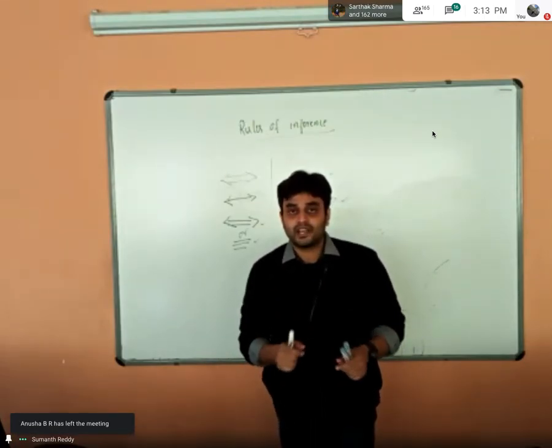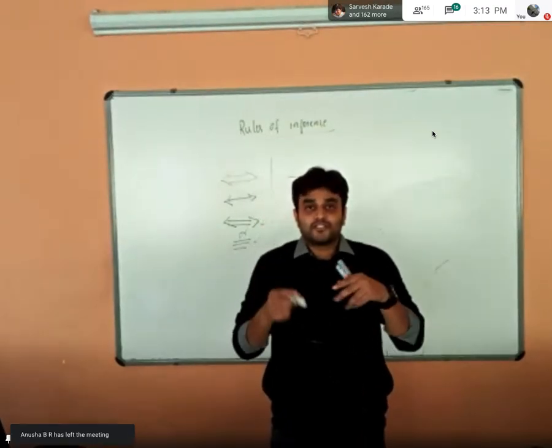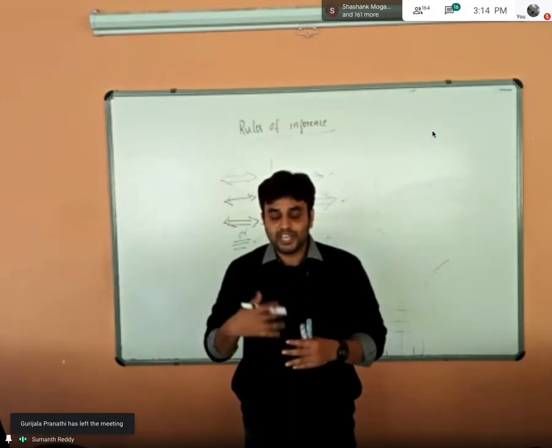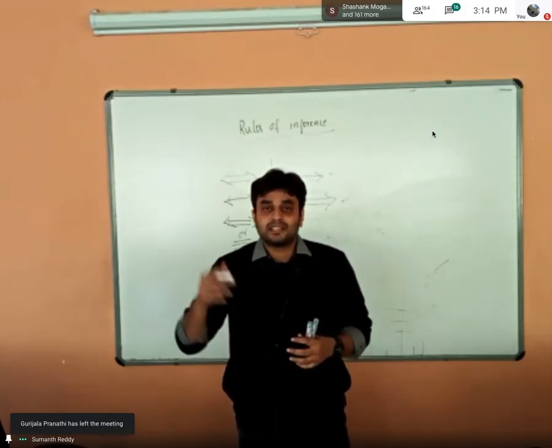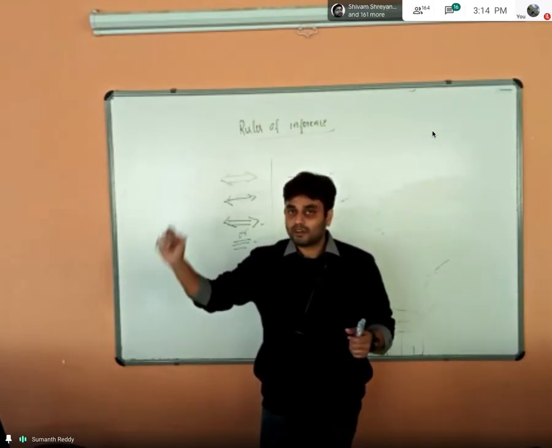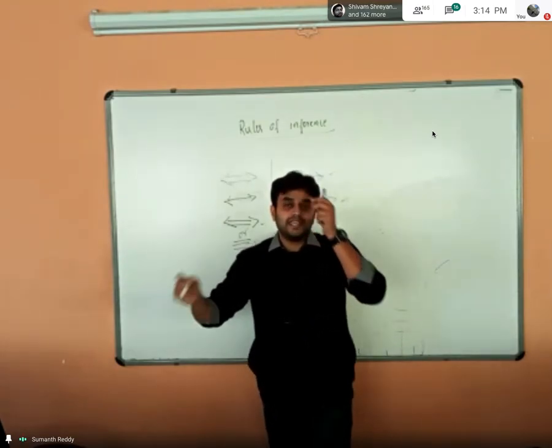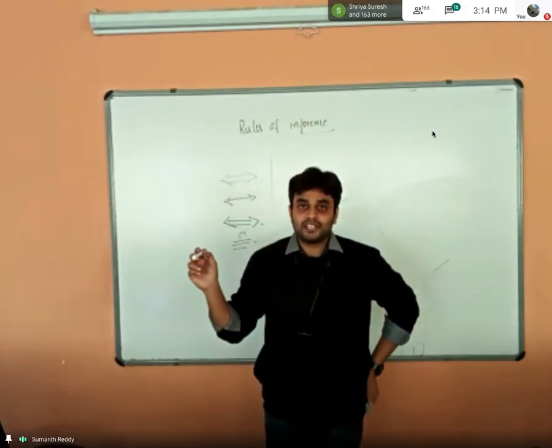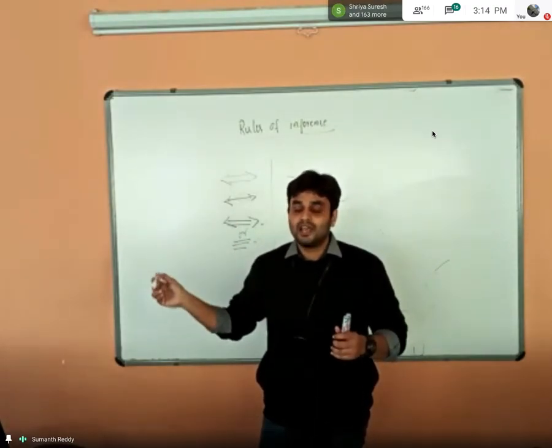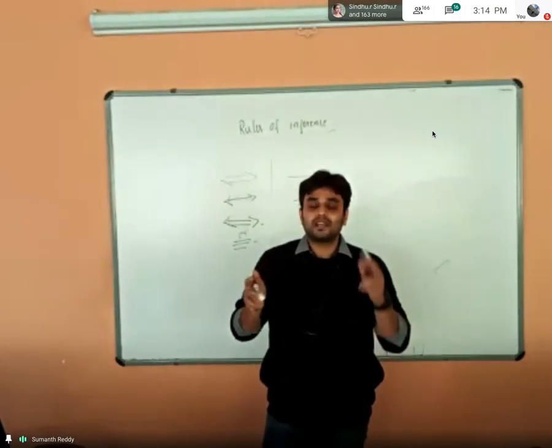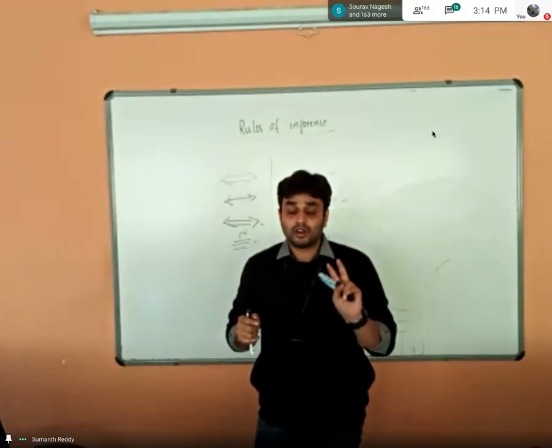I'll repeat. If the students are willing to come to class and if the parents are willing to send their students, then it is necessary and sufficient for me to tell that the classes will be commenced from November. In this case, there are three parts. The classes will be commenced from November, that is one part, and the truth of this depends upon the subparts. There are two subparts and both are important, not one, right?